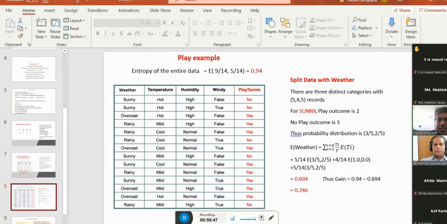Since the data is very heterogeneous, it is very difficult to take a decision. But if you can put the whole data into two baskets, where in one basket all of them are no, and in another basket all of them are yes, this is a very hypothetical basket. That means you are splitting the entire data into two baskets: one is the result no, the other basket is giving the result yes.